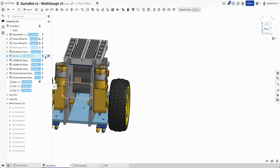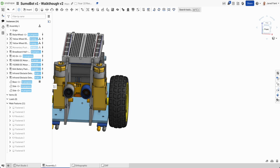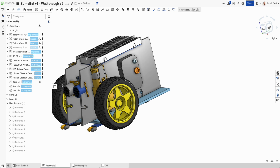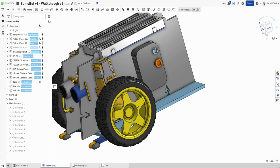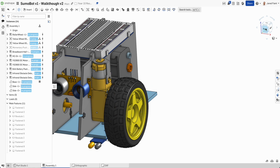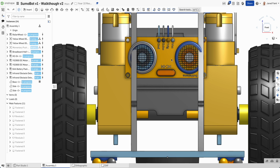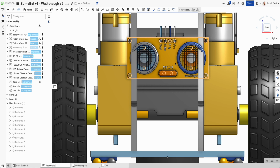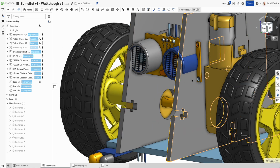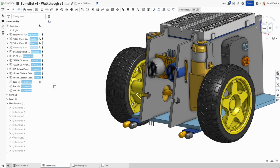But what we want to be able to do is we need some way to be able to have this guy sitting in here. So if we have a look, we could probably have him sitting somewhere around there. And if we have a cutout, let's have a look at where that sits. So kind of have him about centered already. And we're going to go in and add some cutouts on this so that when we install these two pieces upright,